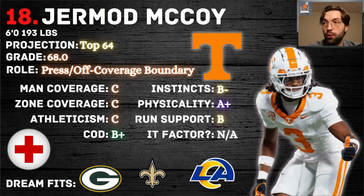Good job in run support overall. Really late transition to seeing a drag develop and let Emeka get wide open. Luckily, Emeka was not targeted. He does a nice job of handling his blind spot without overreacting. He can handle vertical routes and off coverage very well, but overall, one of the things I did notice that